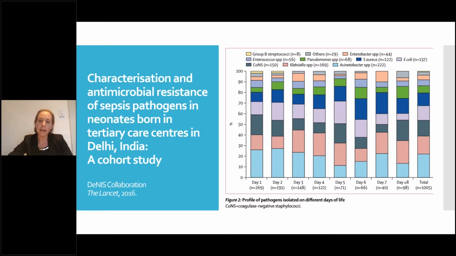So again, historically, we used to think of neonatal sepsis as being something that was categorized as either early onset sepsis occurring in the first 72 hours of life, and that was historically thought to be due to pathogens acquired in the genital tract during delivery, and late onset sepsis, which was thought to be due to infection from pathogens acquired horizontally or in the environment.